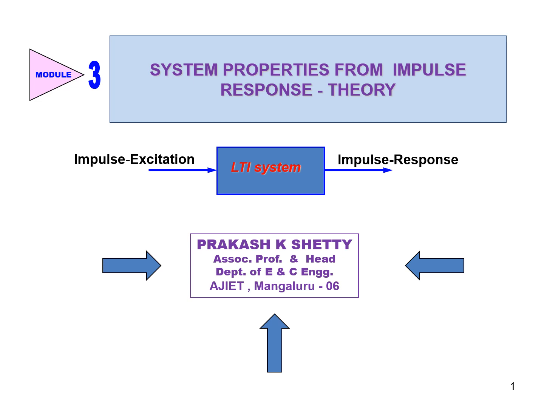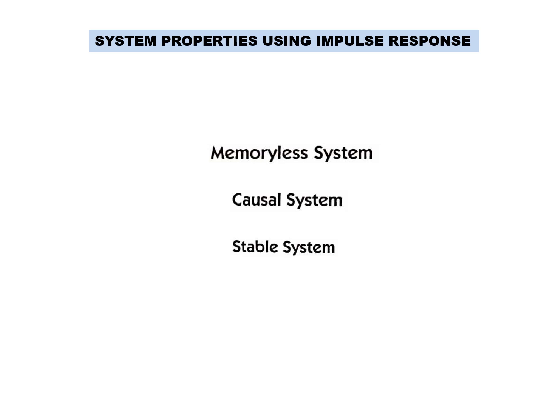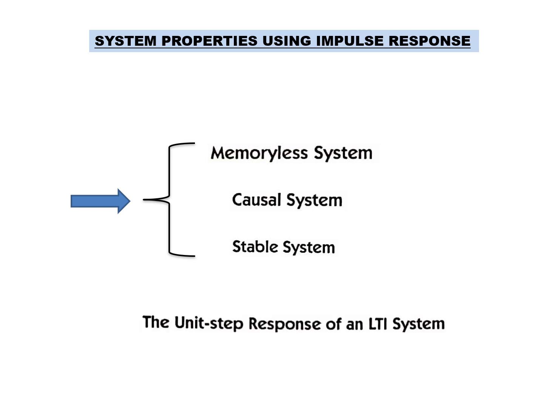And let us see each of those properties one by one, and let us see for a given system impulse response how to identify whether the system is memory, whether the system is causal or non-causal, or the system is stable or unstable in the discussion to follow. After that, let us finally conclude by discussing one more concept, that is unit step response, that is identifying unit step response for a given LTI system once its impulse response is known.